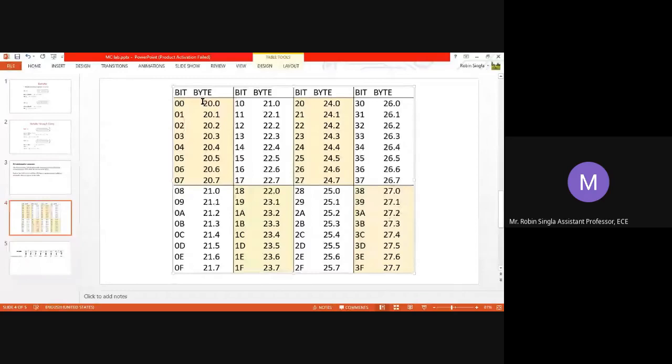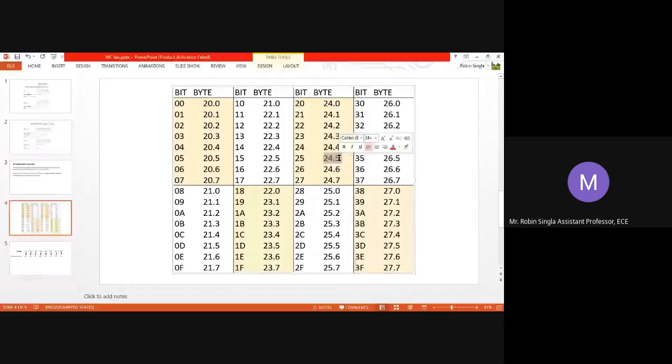Let's say we want to address bit memory 25. So in this table we have to see where is bit memory 25. Here. At 25, I'm saying hexadecimal number. So here it is 25 bit memory. So we have to address the 5th bit of 24H memory location.